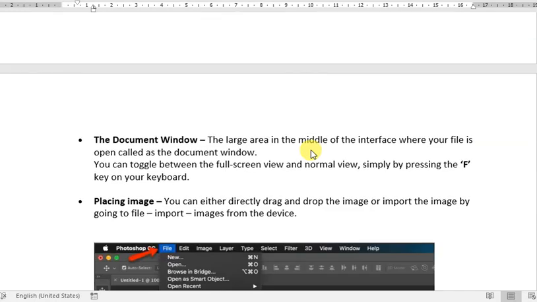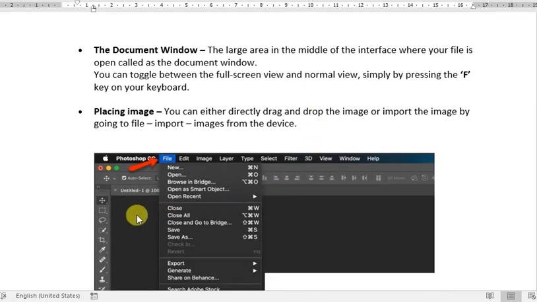Then after, the next is the document window. It is a large area where your file is opened or images are displayed. You can toggle between the full screen view and normal view by simply pressing the F key on your keyboard.